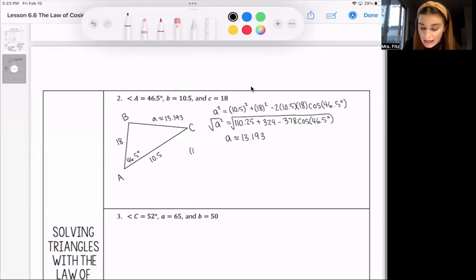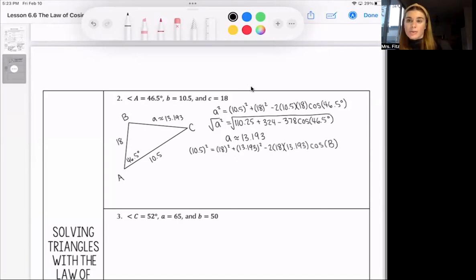So B is 10.5 squared equals, now we have 18 squared plus 13.193 squared minus 2 times 18 times 13.193 times cosine of, in this case, we are using B because we use the B squared version. Okay, now we have to clean all this up. So 10.5 squared is 110.25, which equals 18 squared, which is 324,